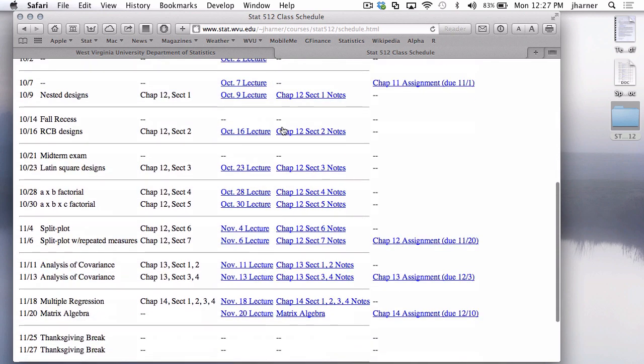I had one question relating to the nested design in Chapter 12. So what did you cover in Chapter 12? Well, in the first part, besides nested, you covered the block design and Latin square design, right? Then you got into the two-way and three-way analysis of variance. And previously, back in Chapter 11, we had gotten into the concept of a random effect. But there was only one term in the model, so we had a random effect. In Chapter 12, when we have more than one term, like an A and a B, two factors,